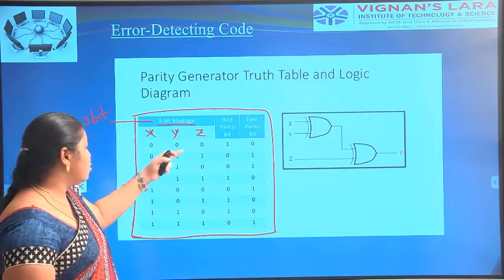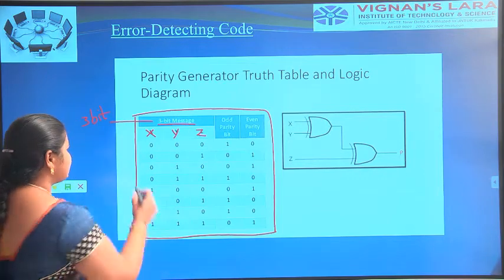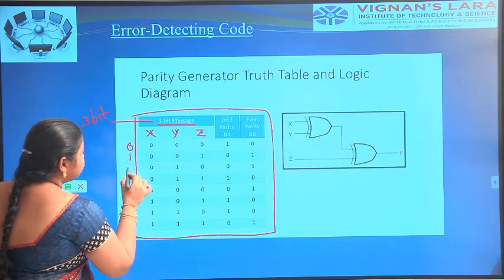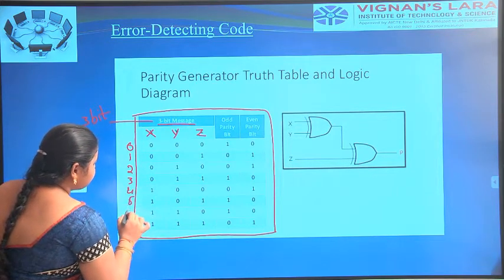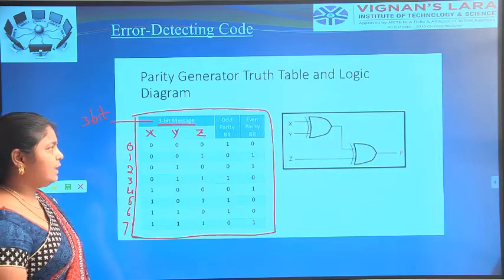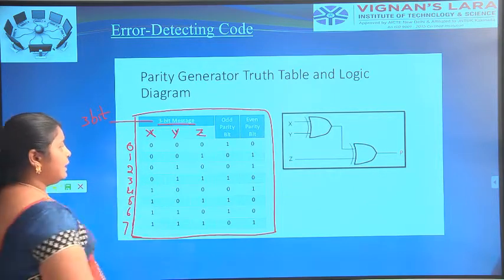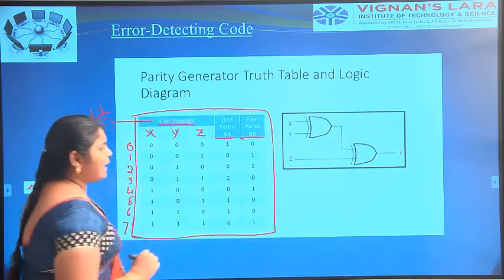000, 001, 010, 011, and so on, that is 0, 1, 2, 3, 4, 5, 6, 7. These are the binary numbers in the form of 3-bit representation. One column is considered as odd parity and the other as even parity bit.